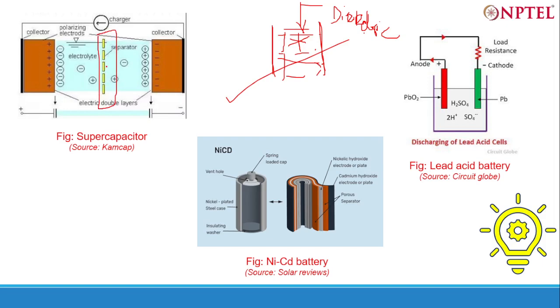When charge is produced, there is a double layer of charge stored here. You can see there is a positive charge lining here and a negative charge lining here. So there is a double layer also. That's how the difference between the capacitor and supercapacitor arises. Due to this double layer, more charge can be stored in a supercapacitor, and they behave like batteries, for a moment of 0.1 second or something. So supercapacitors are in between capacitors and batteries, and more research is going on to make it last longer,